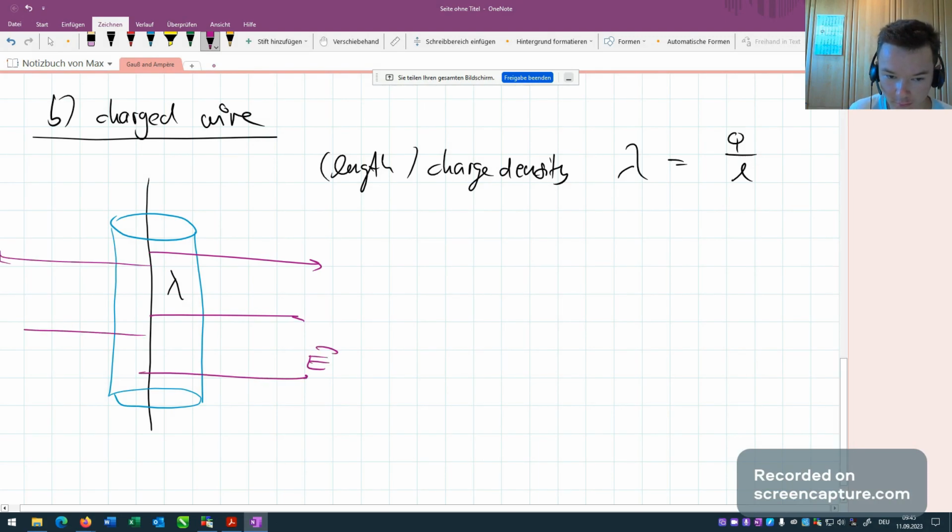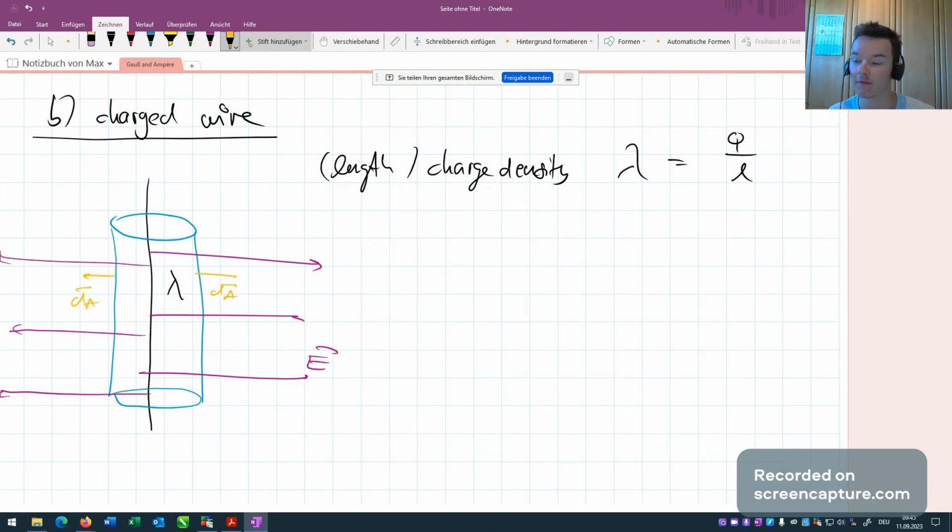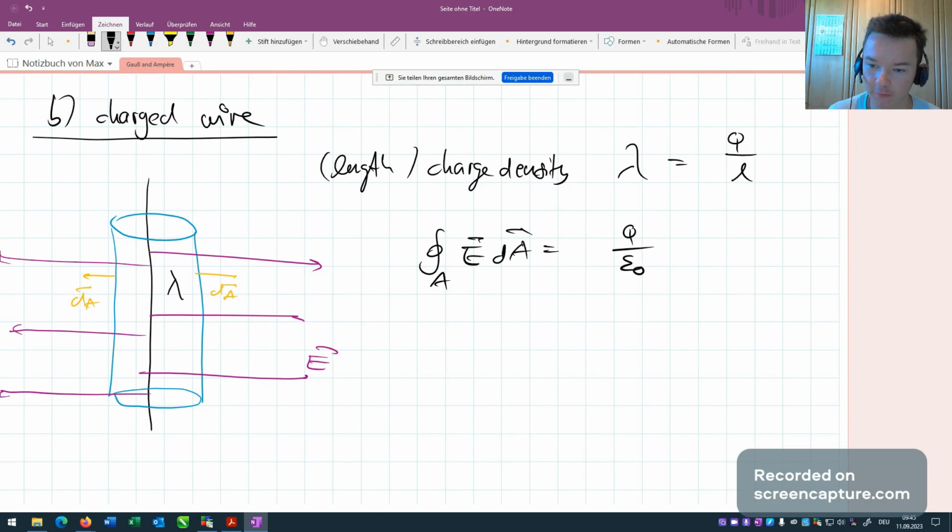So again, we can see that these field vectors are parallel to the area vectors, to the normal vectors of the area. So we can again use that E times dA vectors is always equal to E times dA without the vector arrow on top, which means we can again write down Gauss's law. So integral A E dA equals Q divided by epsilon 0. So we know that one is equal to, again, E times integral dA without the vectors equals,